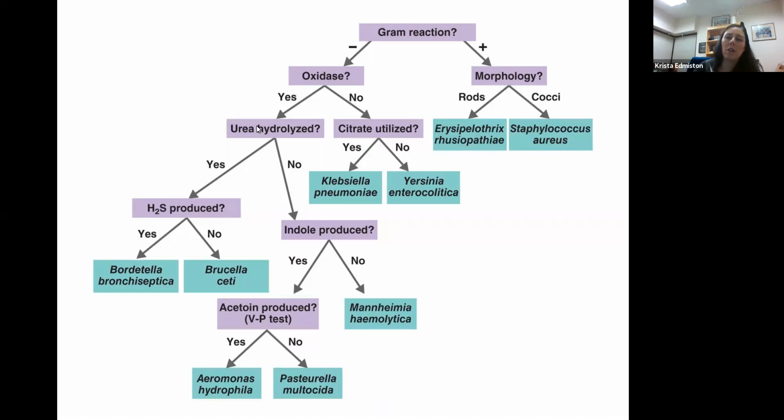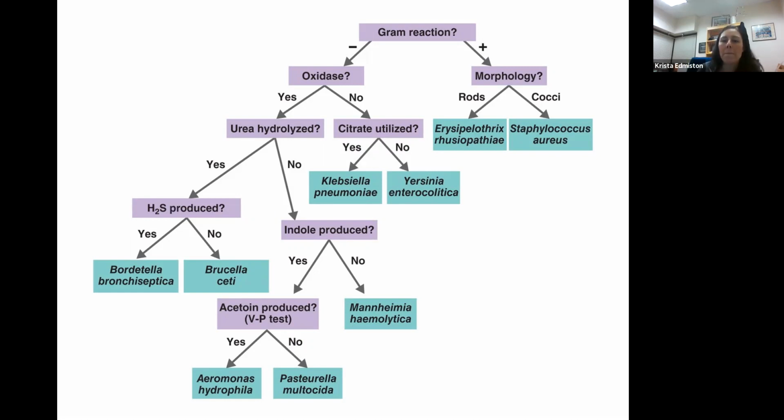We'll use a test called, does it hydrolyze? Does it cut urea? Does it have the enzyme urease? That will be used to classify it. Does it use citrate in the citric acid cycle? We will be doing that test. We will also test for production of sulfite gas, which is on here, or indole. And we'll talk about each one of those tests as Raina and I present the results to you of what